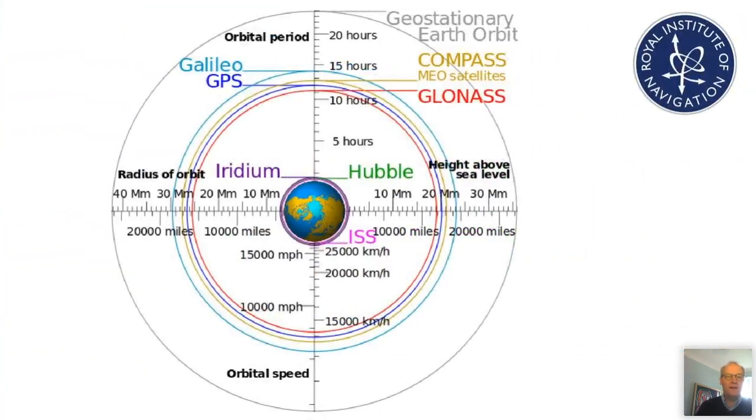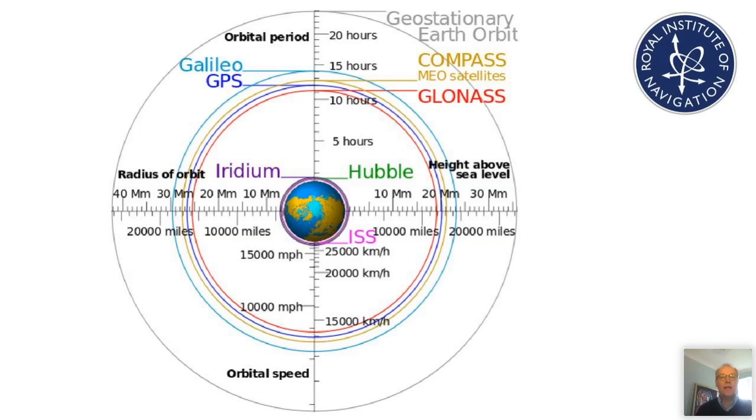This is a very busy diagram, but I think it's very helpful. So the question this seeks to answer is, where are these GNSS satellites? And you've probably heard about geostationary orbit, medium Earth orbit, and low Earth orbit. GEO, MEO, and LEO. And you can see these on this chart, and particularly focus on the vertical axis there, the one that says 5 hours, 10 hours, etc. So if we go to the top,